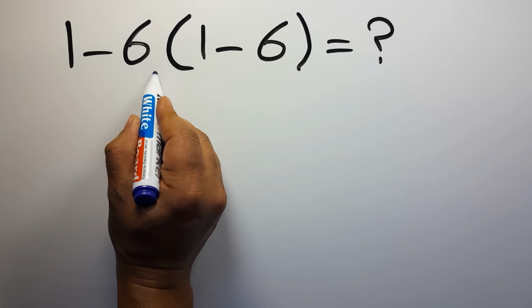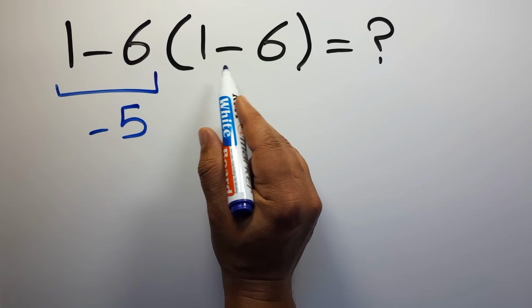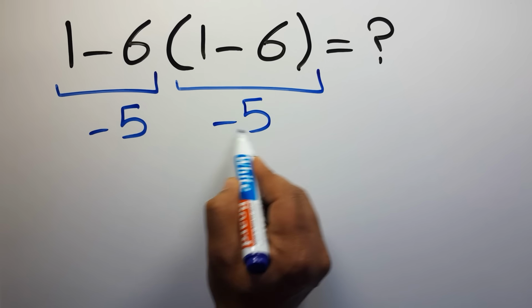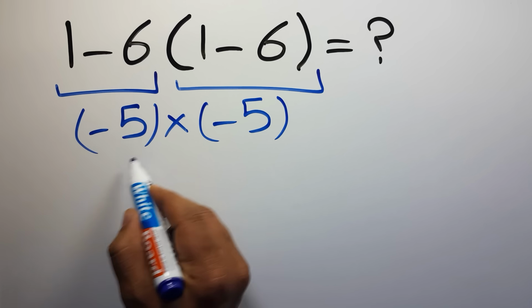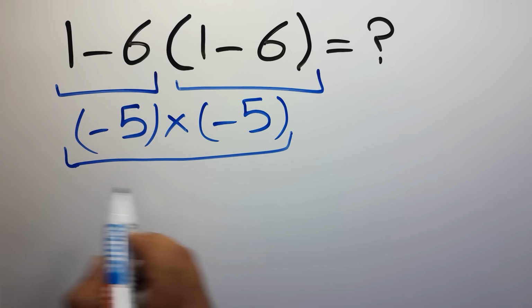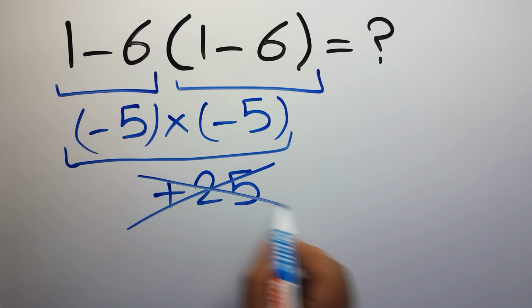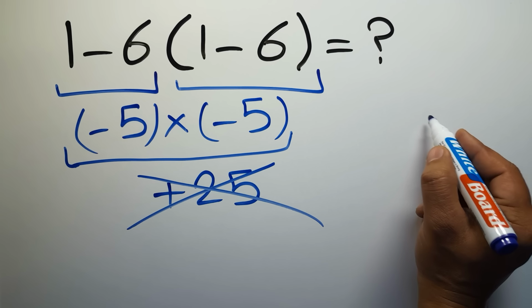1 minus 6 equals negative 5. And again here inside this parenthesis we have 1 minus 6. So negative 5 times negative 5 gives us positive 25. But this answer is not correct, because according to the order of operations, first we have to do